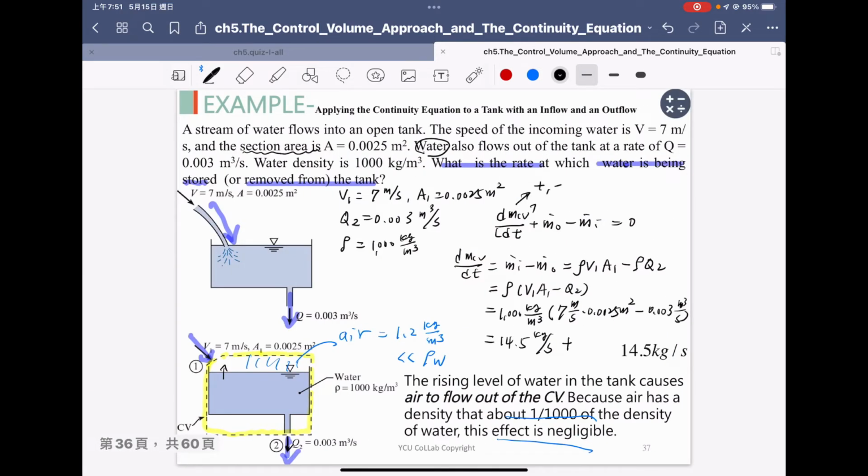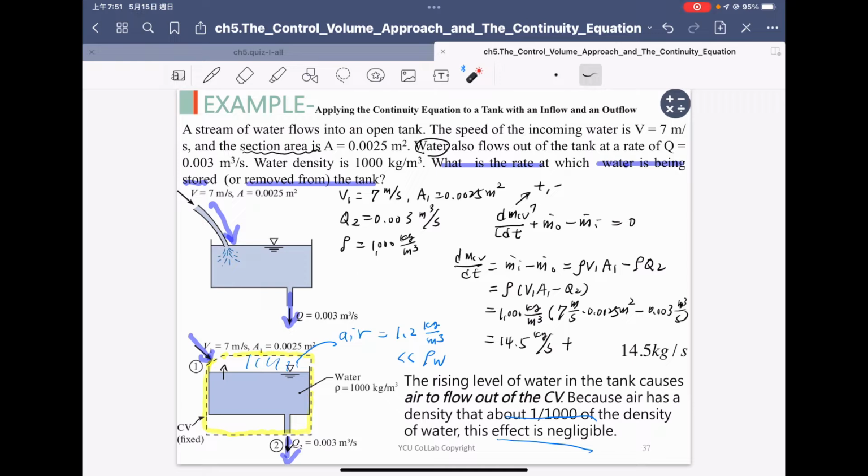Okay, so last week we very quickly did the exercise, and as the exercise shows here, we need to define the control surface first, and the inside is our control volume. Okay, after we decide the control volume, we can, based on the continuity equation, go step by step to identify